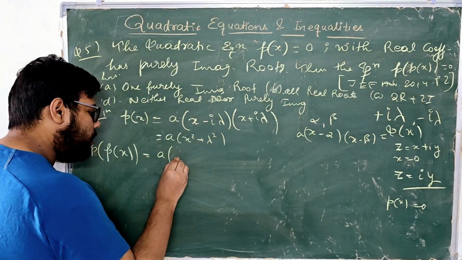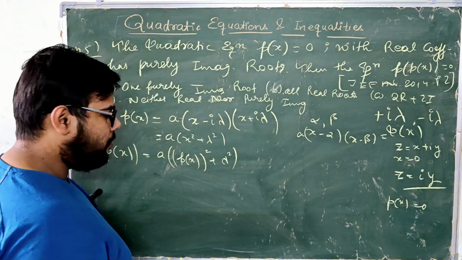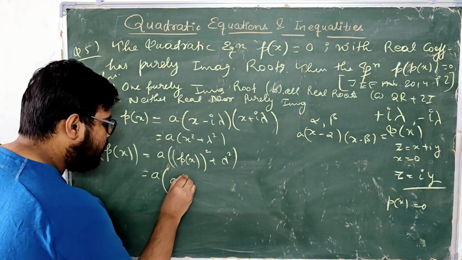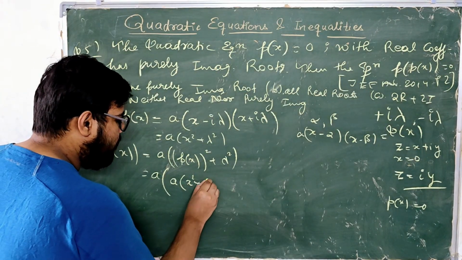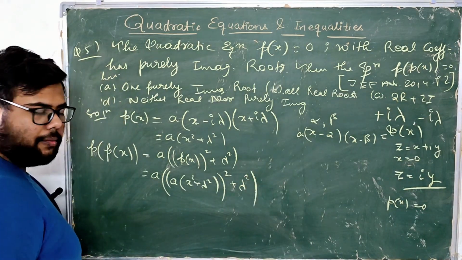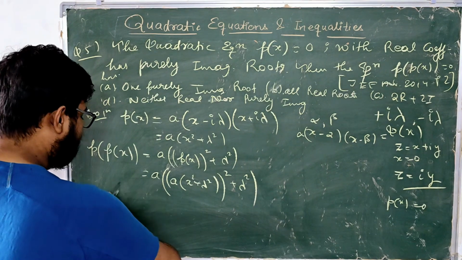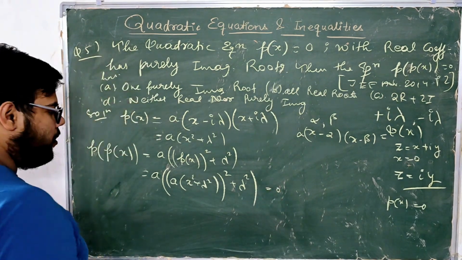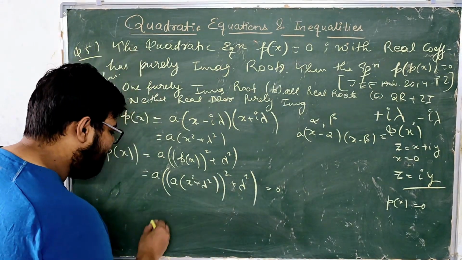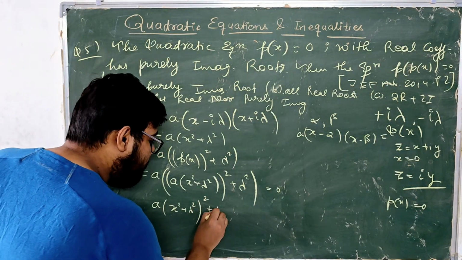Okay. Now, what is p of x? It will be a times x square plus lambda square whole square plus lambda square. Correct? Okay. So, to solve for x, you will set it equal to 0. Right? Now let's solve it. When a goes to the RHS, it will vanish. So it will be a times (x square plus lambda square) whole square plus lambda square is equal to